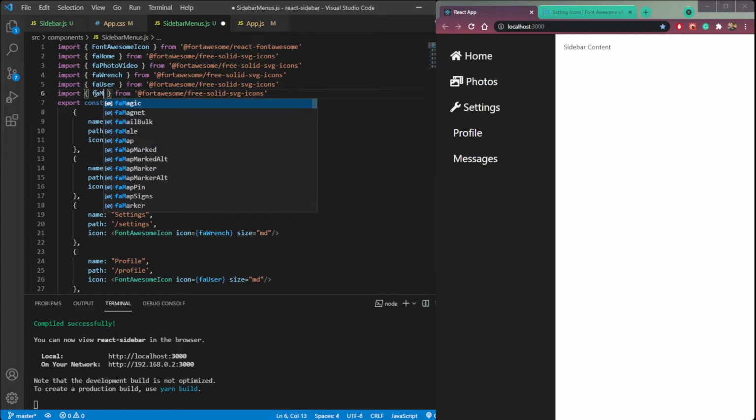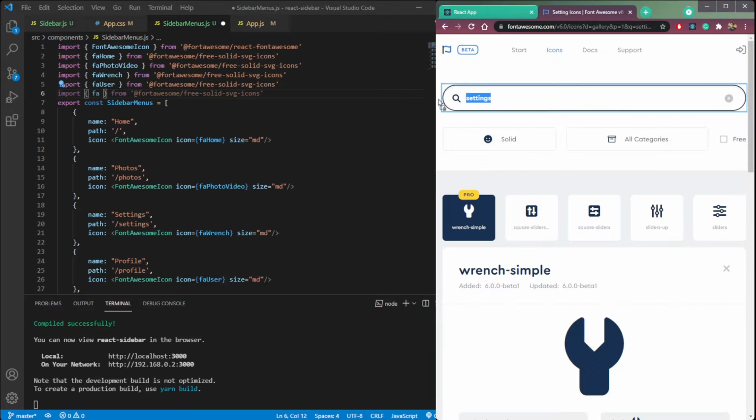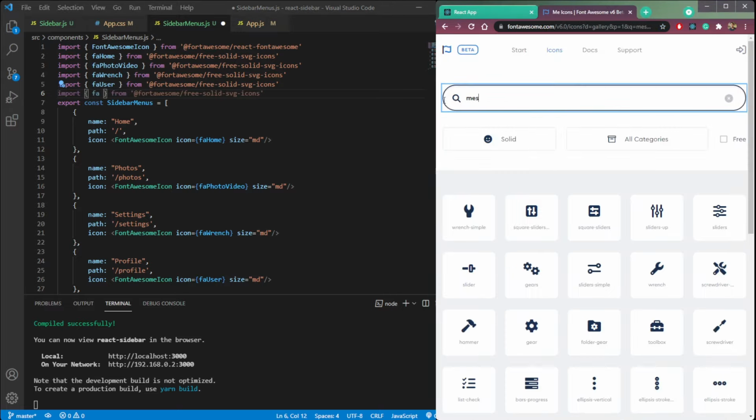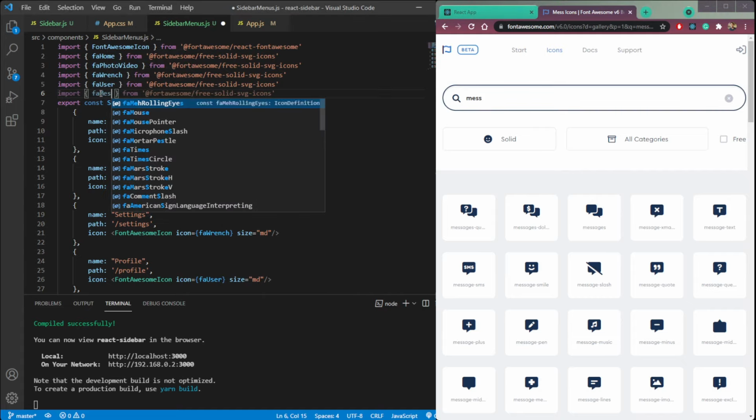So for the message we can search far, let's search for messages. Far message.